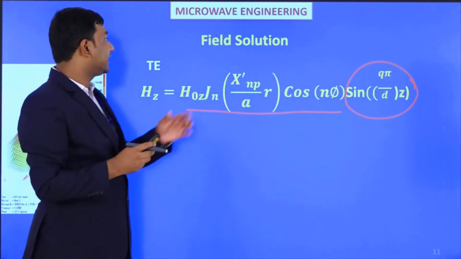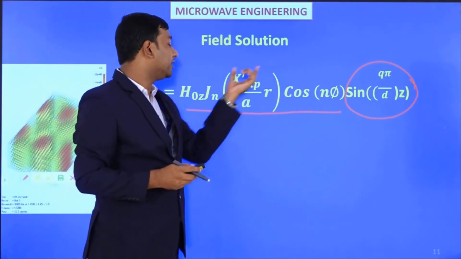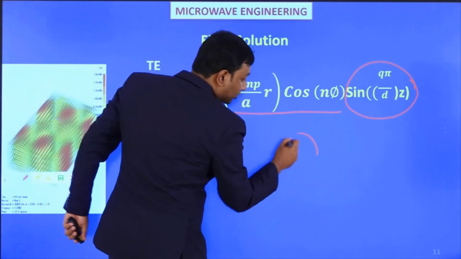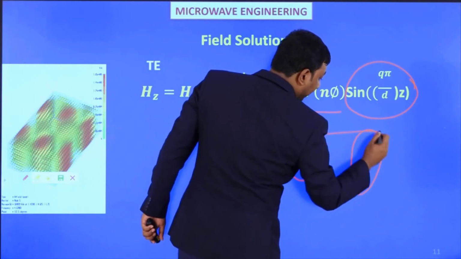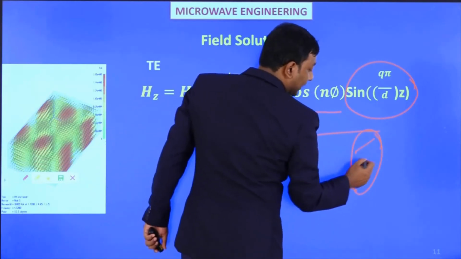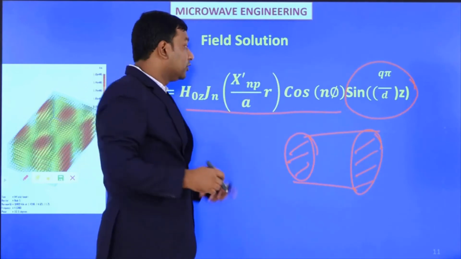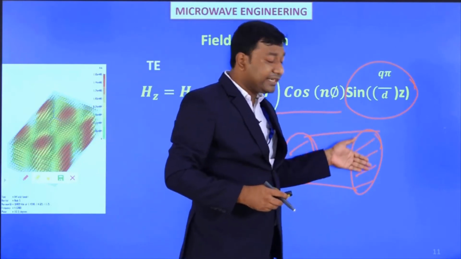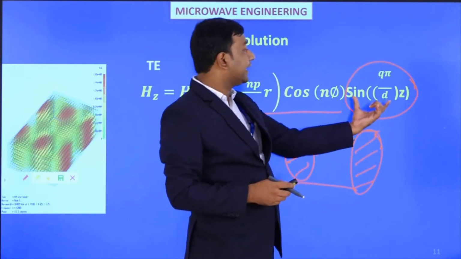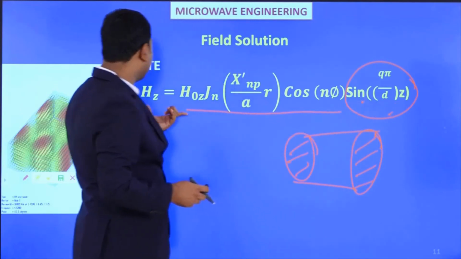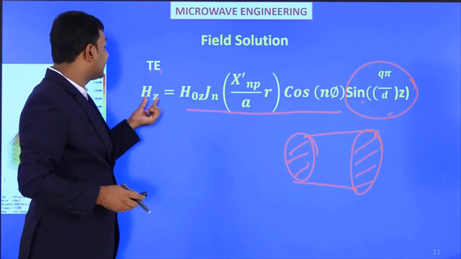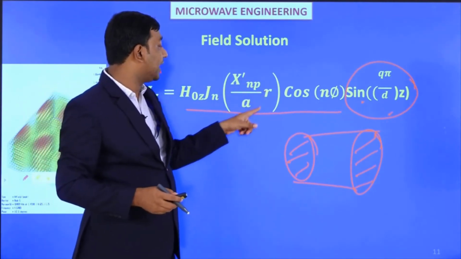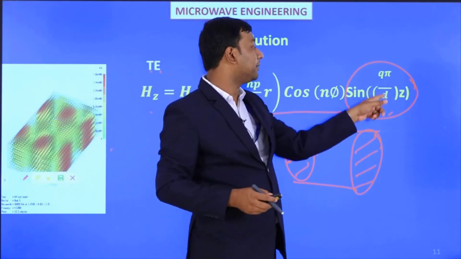For a cylindrical coordinate system, we use the solution of the circular waveguide, now with the two ends of the circular waveguide closed by metal walls. This is the source end as well as the receiving end, both ends are closed. So now we use the tangential component of the electric field, whose value is 0 at the ends, and we find this particular point. So the overall field equation for transverse electric modes of a cylindrical cavity resonator, the Hz will be H naught Z Jn(x'np r/a) cos... sin(qπ/d z).